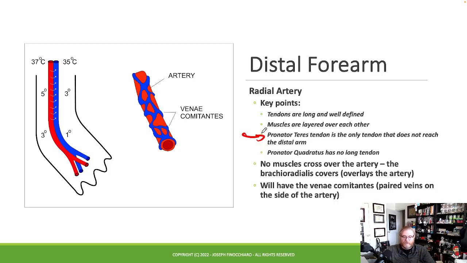So no muscles cross over the artery. The brachioradialis overlays the artery. What is unique about these arteries towards the wrist is they do not have a singular vein. They have something called the venae comitantes, the paired veins on the side of the artery. And as you can see here, they are almost indistinguishable from the artery,